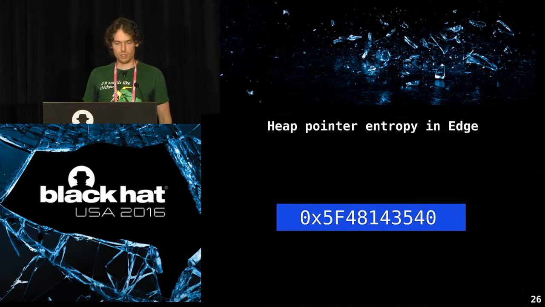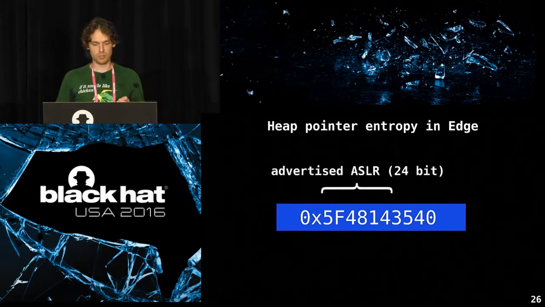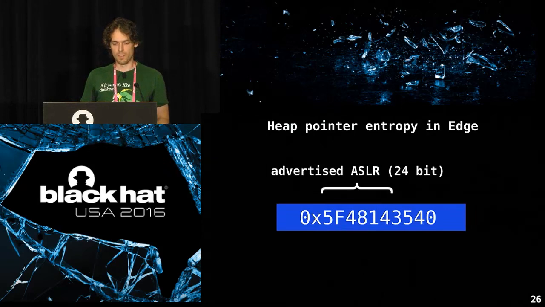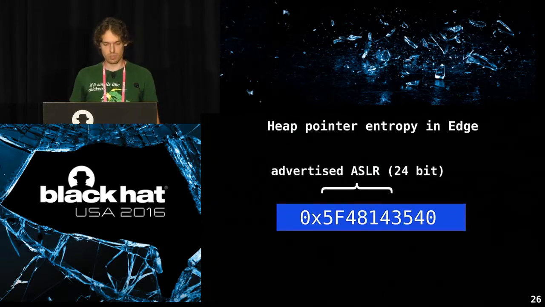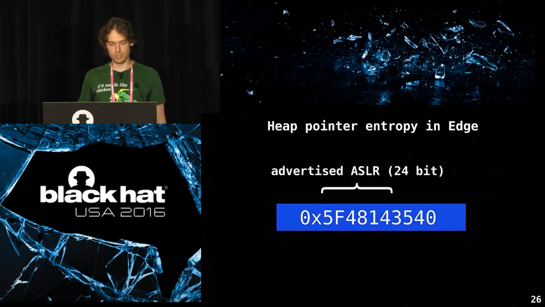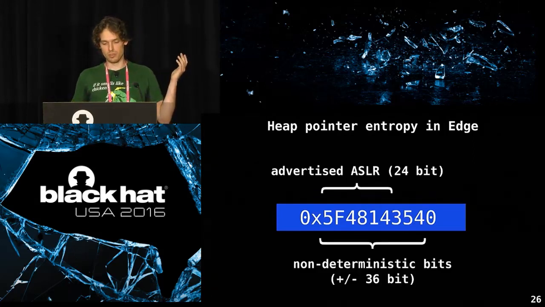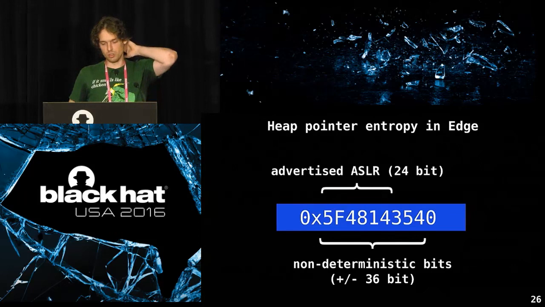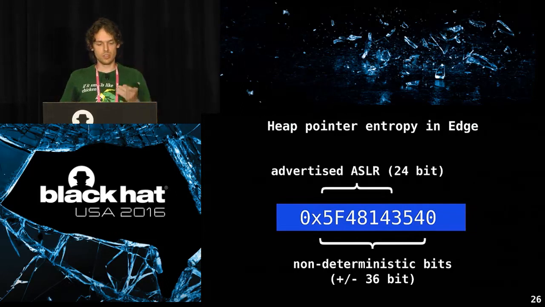It's also the entropy of a heap pointer kind of is bigger than the code pointers. So the advertised ASLR is 24 bits, but in reality there's all kinds of non-determinism that increase the randomness to say 36 bits, maybe a bit less. So we needed to find a better way, because given that you have 24 bits of entropy, so it's 2 to the 24th pages,